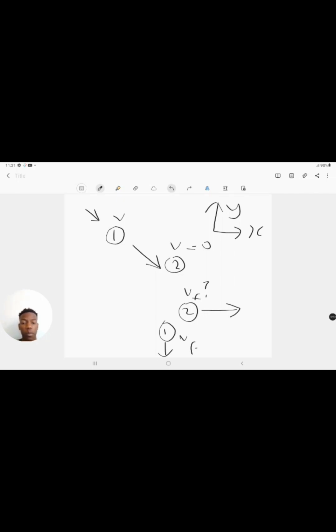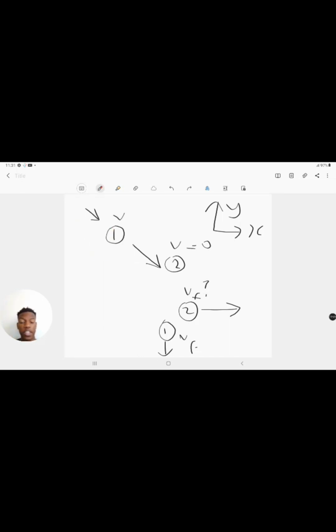It strikes ball number 2 such that ball number 2 moves to the right like that at a certain velocity, and ball number 1 continues moving downwards at a certain velocity. You see that here we're dealing with different directions. We're dealing with an angle, we're dealing with the x direction, we're dealing with the y direction. In order for you to calculate the different velocities, depending on the information that you're given,